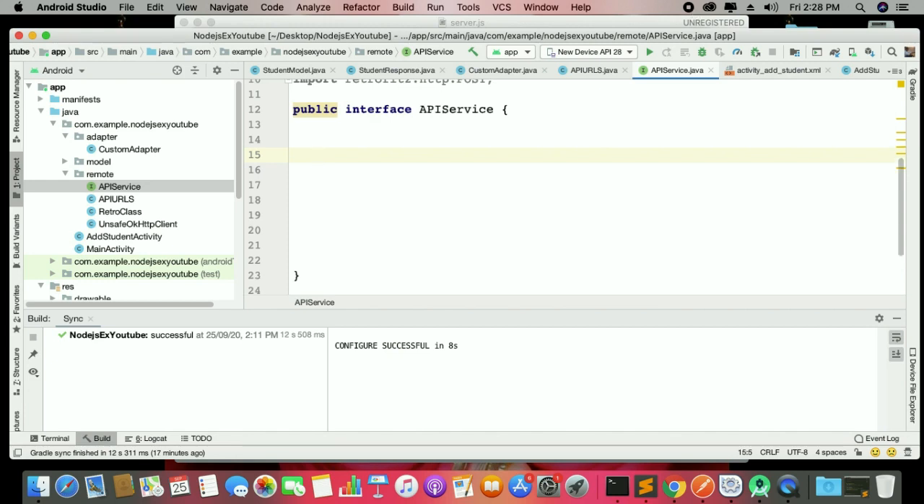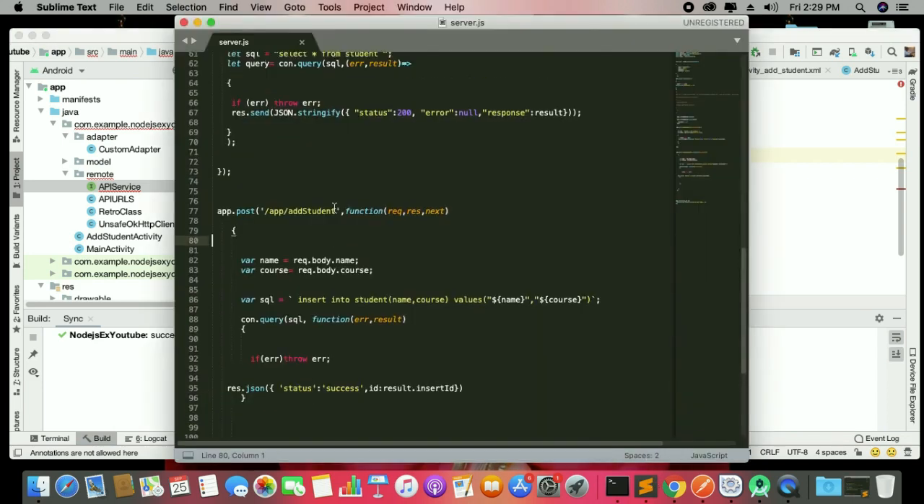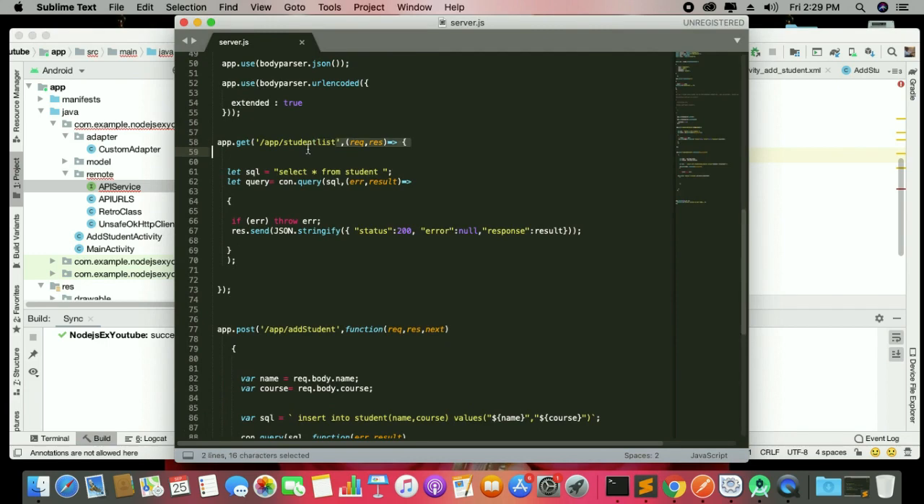Okay, so here we have to make our interface for the API services for the retrofit. As you know, we have a retro class and we can make an interface. So use @GET, so that's your retrofit, and whatever your service is for the Sublime, you can check it. This is your simple Node.js